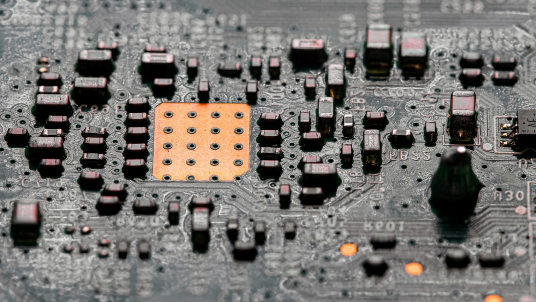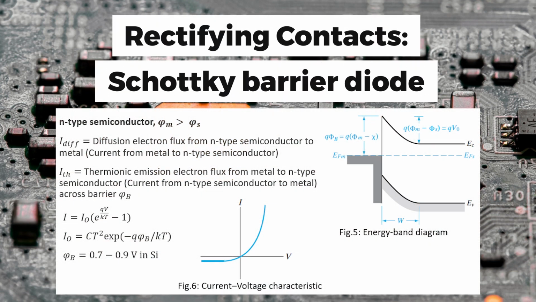So, these are the applications of a rectifying contact. With the help of a rectifying contact, we can make Schottky barriers. These have various applications in the form of diodes. So, we are here discussing the Schottky barrier diode. For an n-type semiconductor, phi of m must be greater than phi of s. Here phi of m is the work function of the metal and phi of s is the work function of